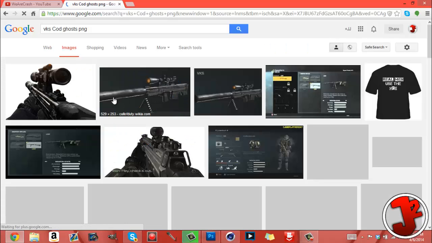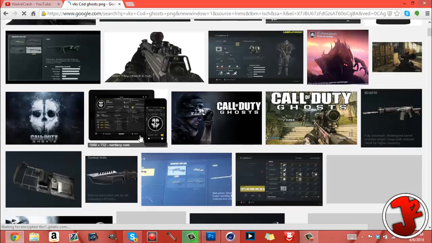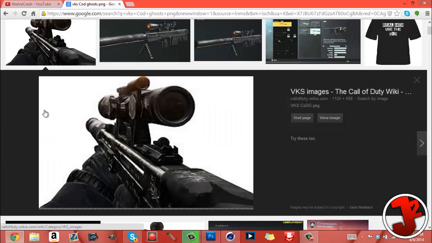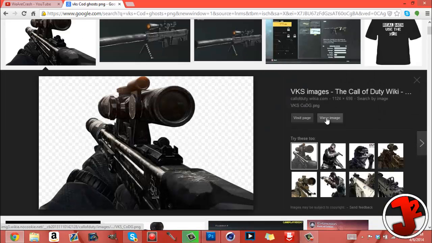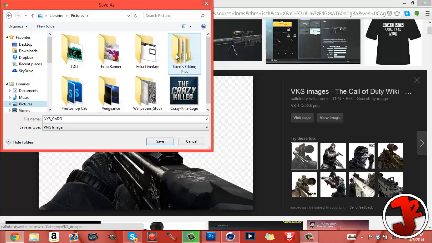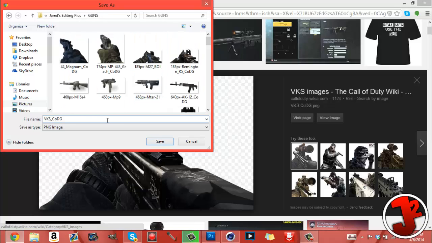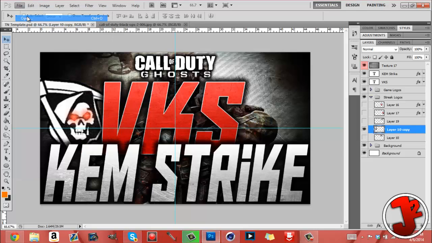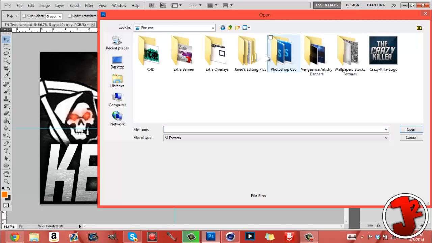I usually prefer the gun like that. If I don't like the pictures that they have, I usually just cut out the gun from that, or I just find a regular one. So this looks like the best picture we're going to get. If it's a background, I go to view image, but it isn't a background. It's just a gun. So I just right click, save image as. You go to your recent place where you did it. Guns, and then VKS COD Ghosts. Save it. Okay, so now we go to Photoshop, open, libraries, pictures,